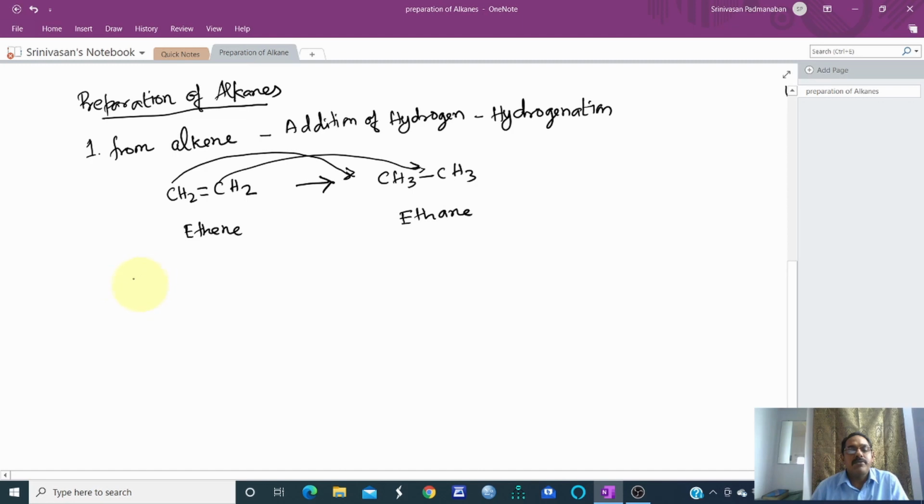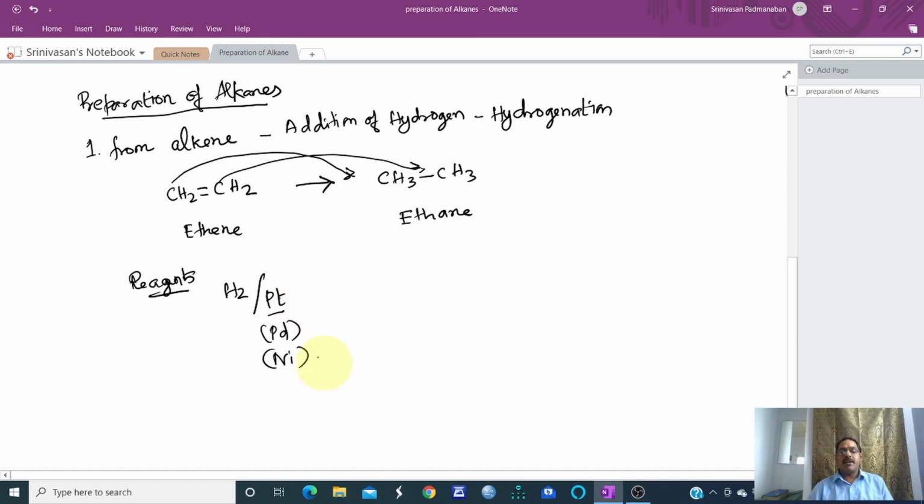For this, we need to add reagents. Those reagents, let us discuss now. The reagent for this reaction is hydrogen gas in the presence of a metal. You can use platinum, or palladium, or nickel. Either can be used, but platinum is highly costly, costlier than gold, therefore it can be avoided.